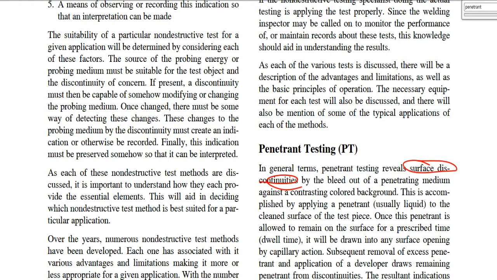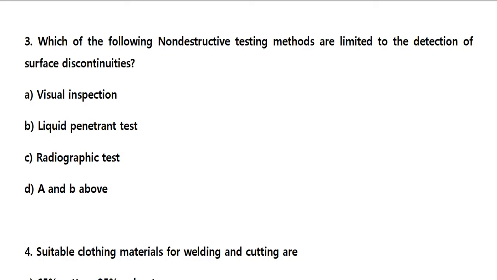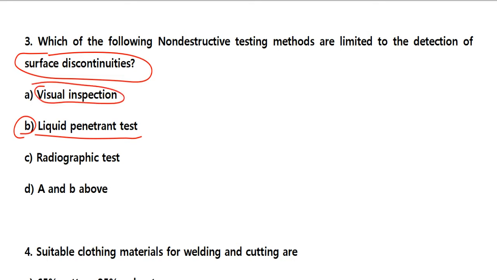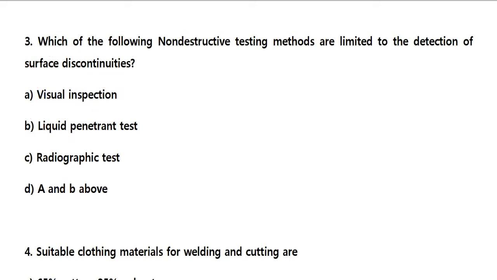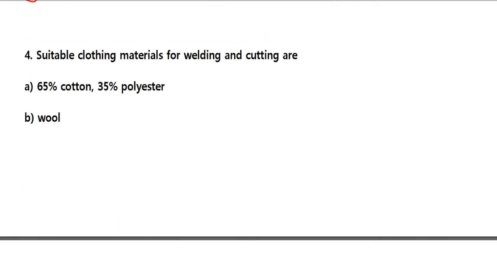So that's why the answer can be liquid penetrant test, because this is for surface discontinuity. And by using your visual eyes, visual inspection can detect surface discontinuity. So that's why the answer is A and B. So the correct answer is D. D, David. And number 4: suitable clothing materials for welding and cutting are A, 65% cotton and 35% polyester;